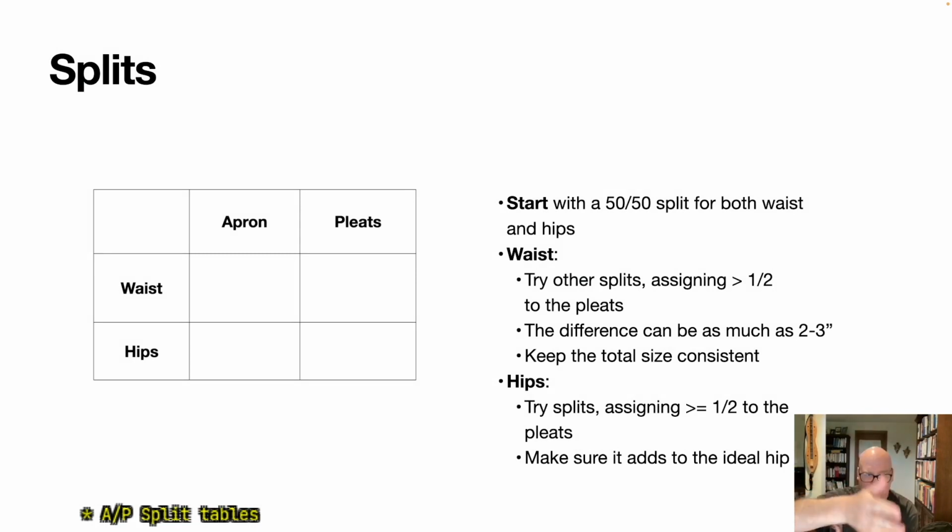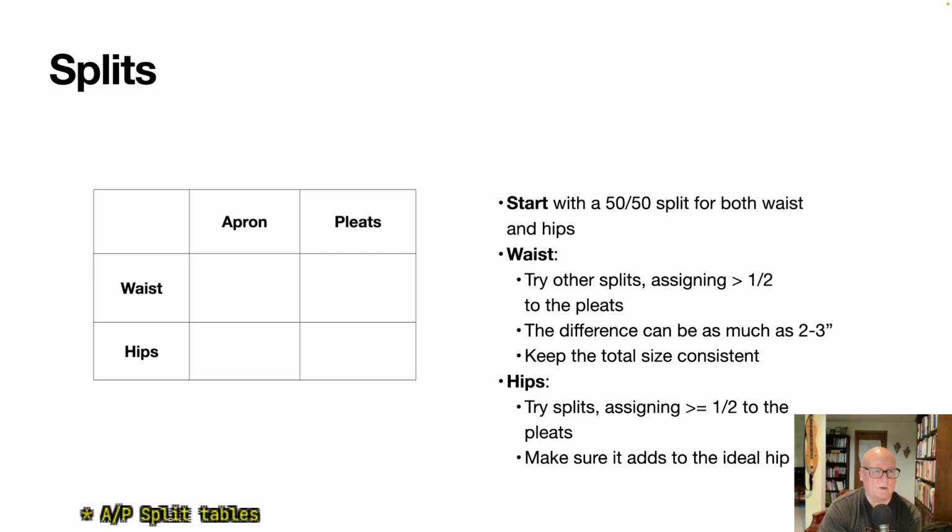Once you have your actual measurements, you're going to make a bunch of these little tables, and they're your splits, okay? And split being, you've got your waist is, say, 40, then you got to decide how much is in front and how much is in back, and same for the hips. Okay, so